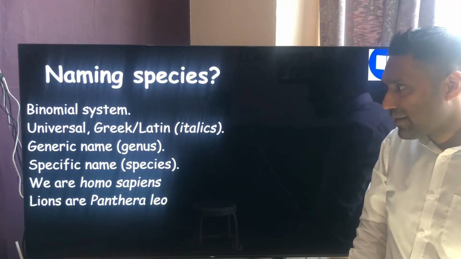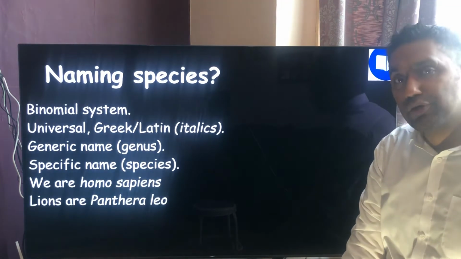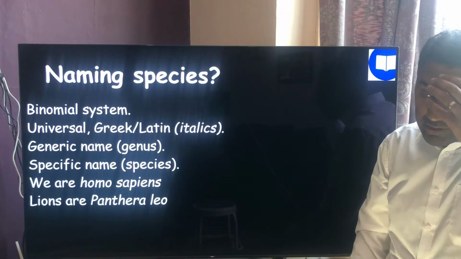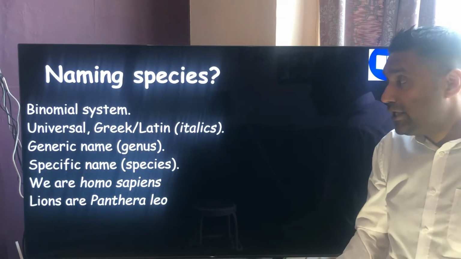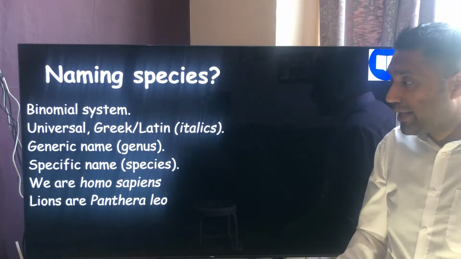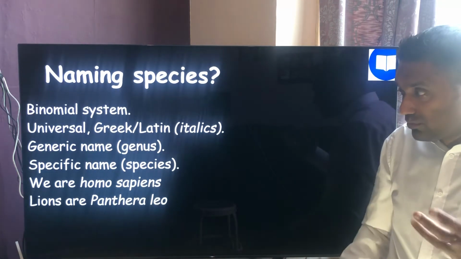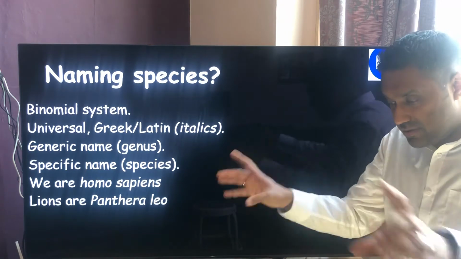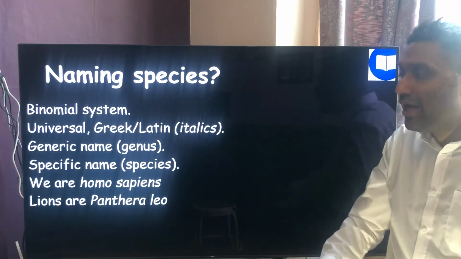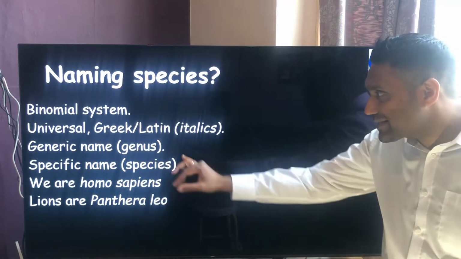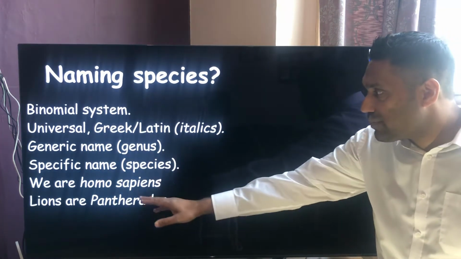Lions are known as Panthera leo. So next time you go on a school trip, or I should mention school trip because you all stop shouting school trip at me now, when you go to the zoo and you look at the lion enclosure, you're looking at the label next to it with all the information about the lion. You'll see it says lion, and right underneath it in italics, because it's always in italics, you'll see the word Panthera